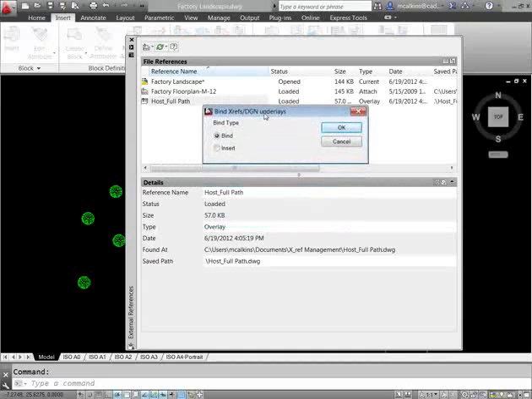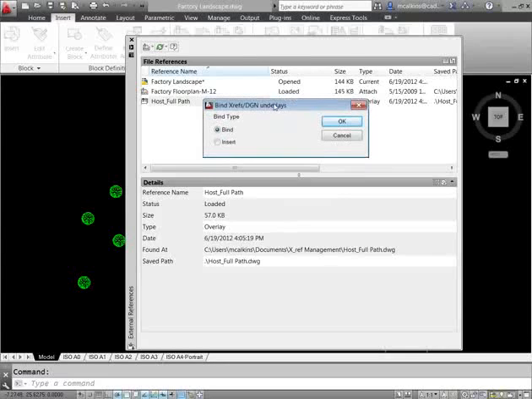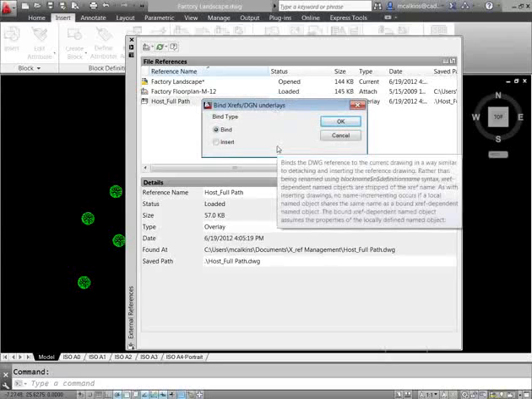And this is one of those places where a lot of people, even though you've been using XREFs for a long time, might not have found out exactly what these two options mean. We don't often do a lot of binding through this method, I don't anyway. I usually use something like eTransmit, or now there's an archival tool that we can use to achieve the same